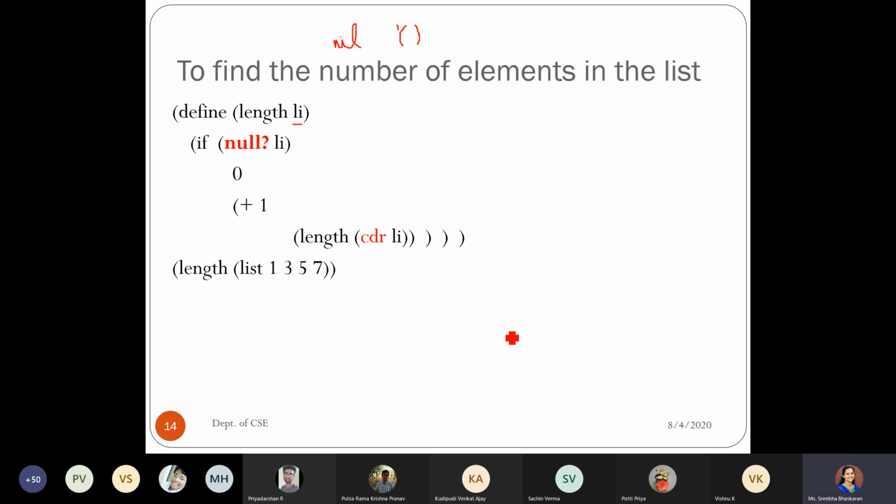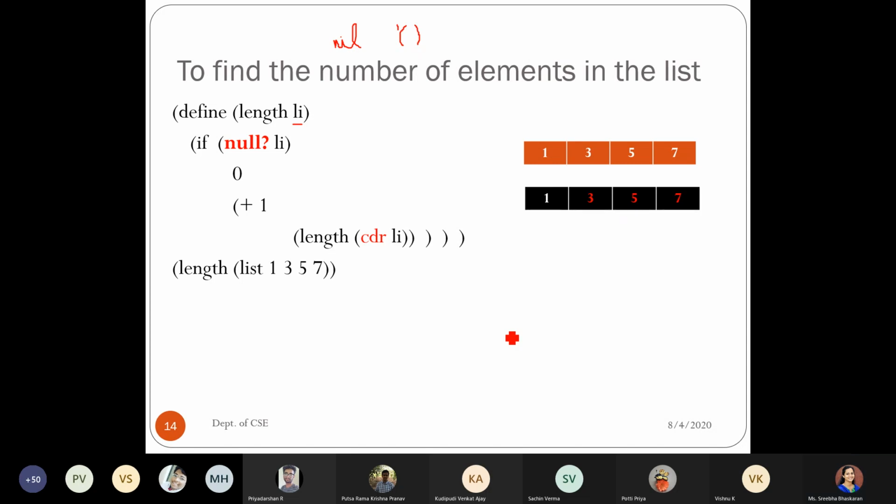So just take one example. If I'm calling the procedure length with the list elements 1, 3, 5 and 7, which are the odd elements. So first time when I'm calling, it will be length of this list 1, 3, 5, 7. First time it identifies whether it is null.